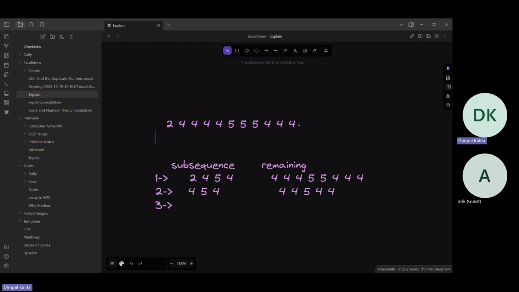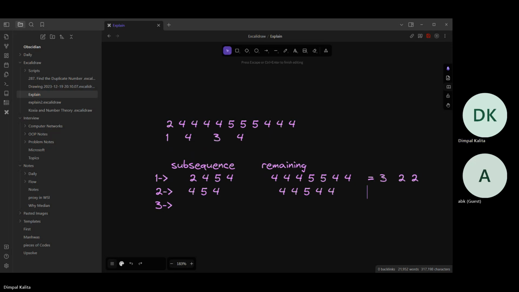Okay, we have a frequency of 2 as 1, continuous frequency of 4 as 4, and continuous frequency of 5 as 3, then again continuous frequency of 4 as 4. So in each operation, one of these digits will disappear. After the first operation, the digit 2 will become 0, so the count of 2 will be 0. Only 4 will remain, that is 3, and there will be 2 occurrences of 5, and 2 occurrences of 4